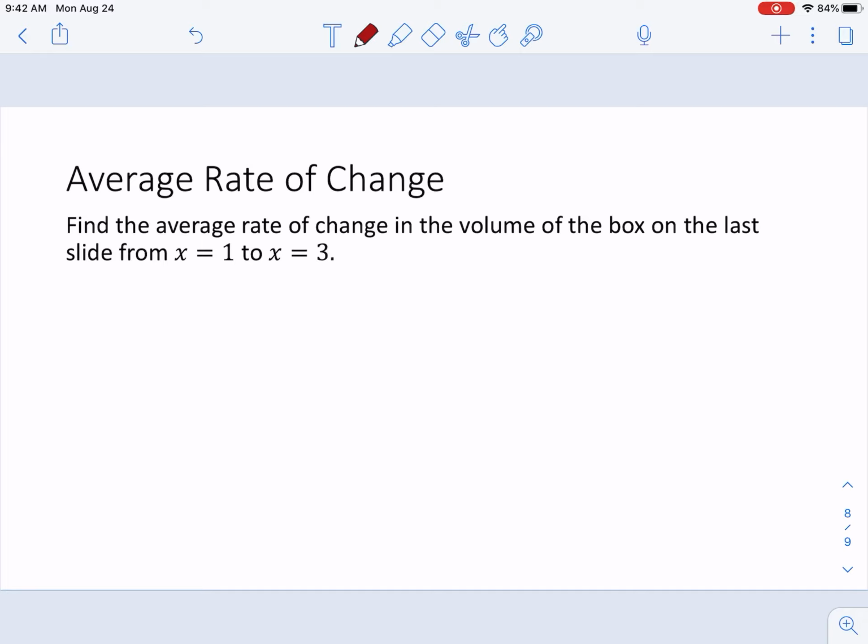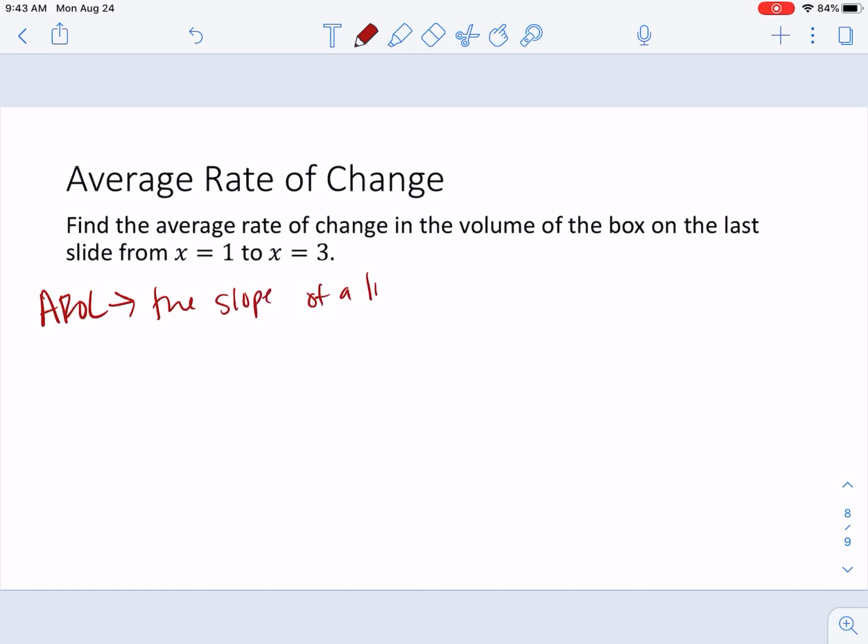Okay, hey, this is another part of what you missed in live session 1, and this is talking about average rate of change. So you guys should have talked about average rate of change last year. It's one of our key features, and it's also something that's in your Florida Virtual School lesson for this week. Really important, average rate of change, you'll see this a lot, is the slope